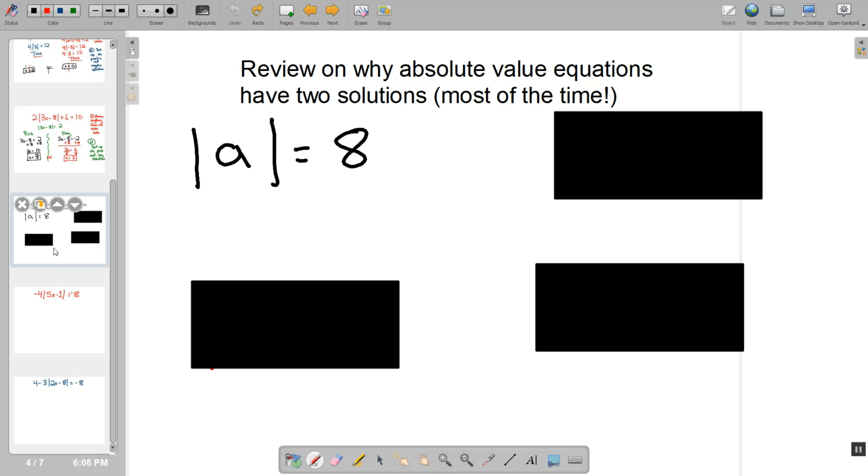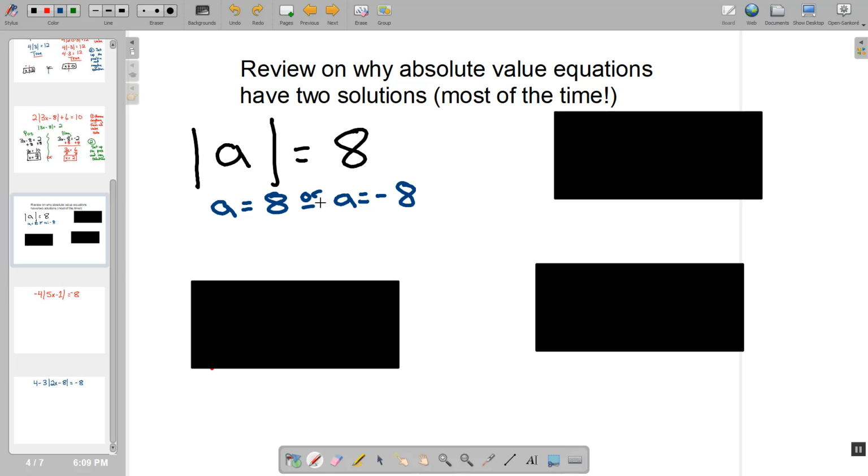For the video retake, I want to start by reviewing why absolute value equations have two solutions, most of the time, not always, by looking at a few quick examples. So once again, if I have the absolute value of some number equal to 8, a couple of examples would be a equals 8, because the absolute value of 8 is still 8. But also, a could be negative 8, because the absolute value of negative 8 is positive 8, and therefore we